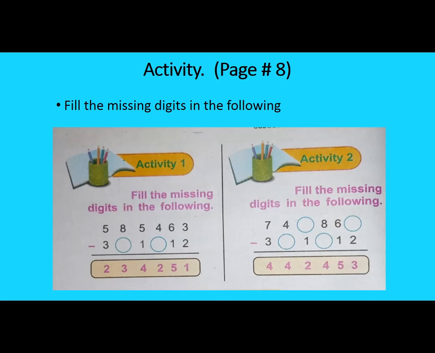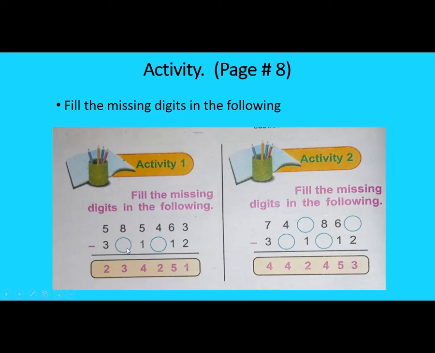Okay my dear students, we have an activity which I have taken from page number 8. Fill the missing digits in the following. There are two activities. Activity number 1, fill the missing digits in the following. You can see there is a 6-digit value. Look at the screen. How will you read it? You can read it as 585,463,